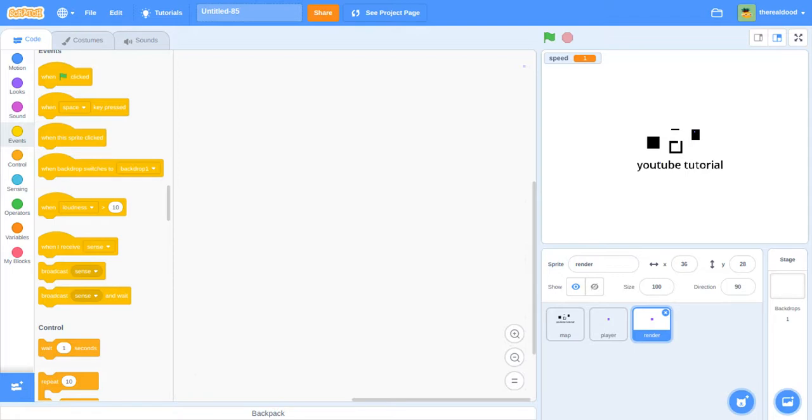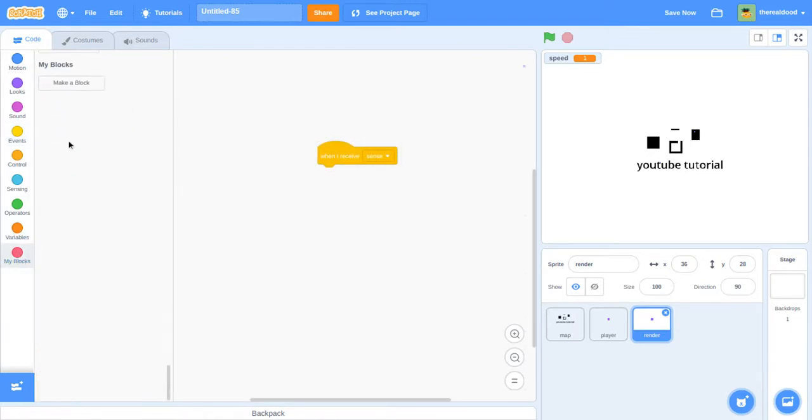Oof. Okay, so actually, we made sense define the wrong things. So we still need the sense piece after every movement, but we don't want sense to be broadcast sense, but that's okay. So now what we're going to do is say when I receive sense,